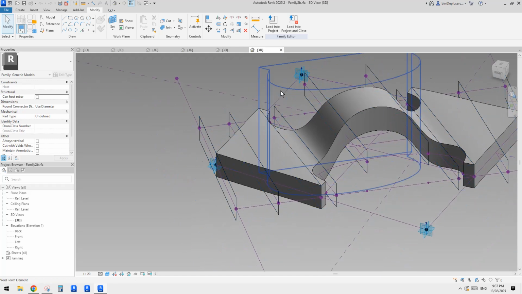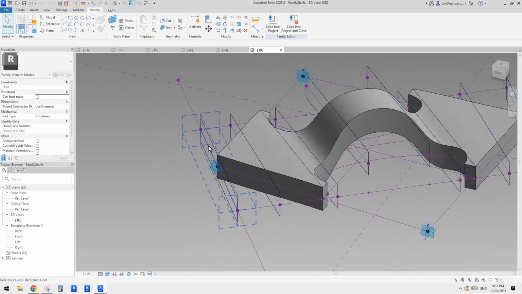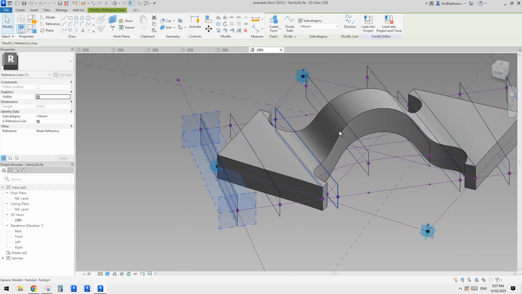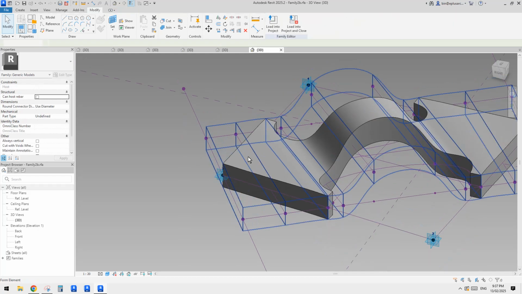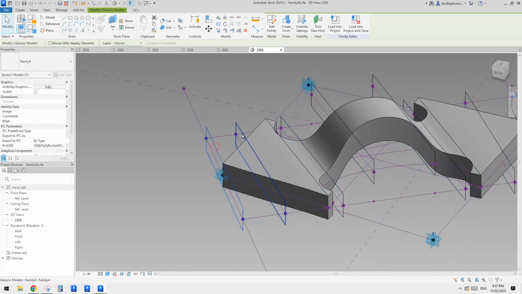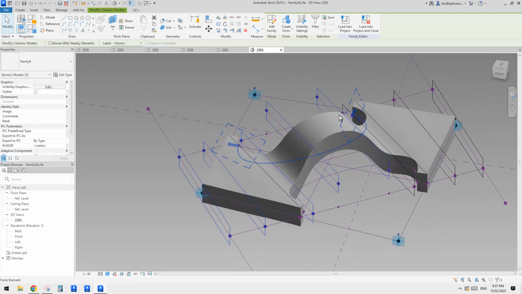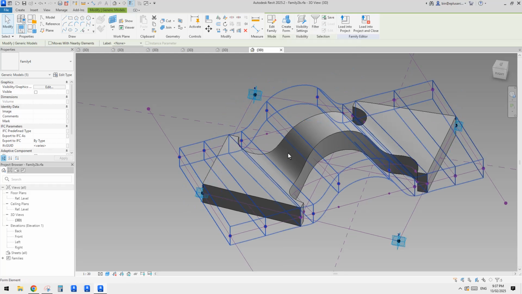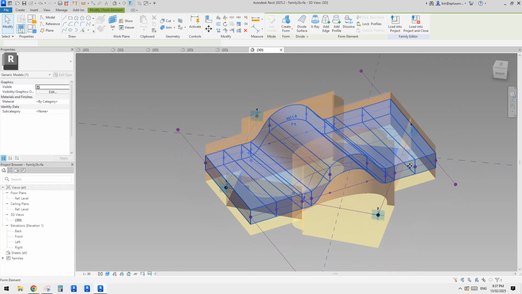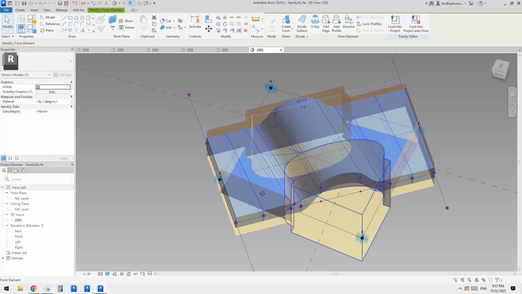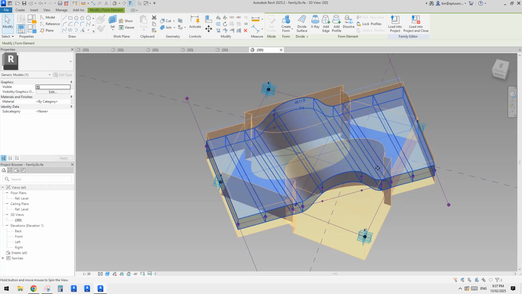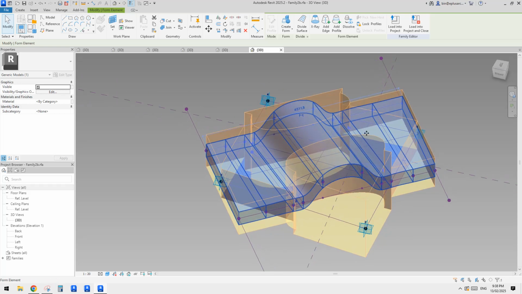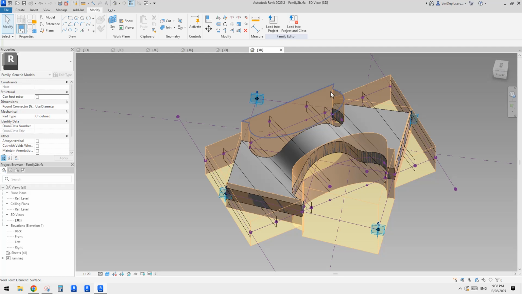So now instead of using these reference lines to create a flat surface, I used all these adaptive families. So select all of them and then click on create a form. So this gives us a shape. So see the blue shape gives us this shape, a thickness,